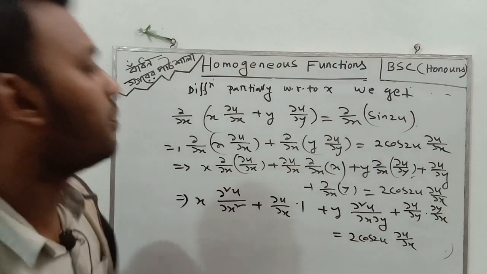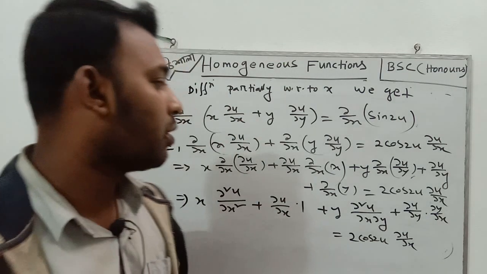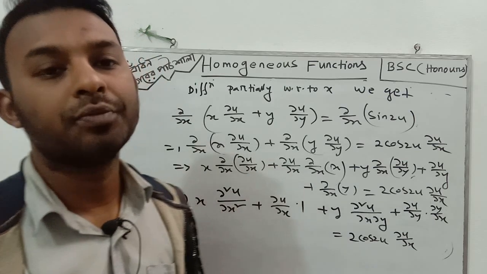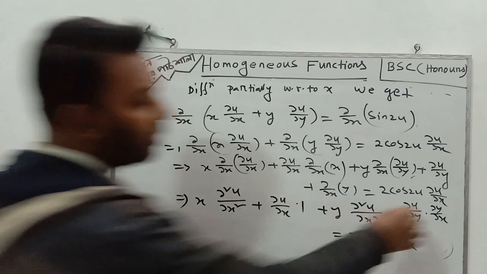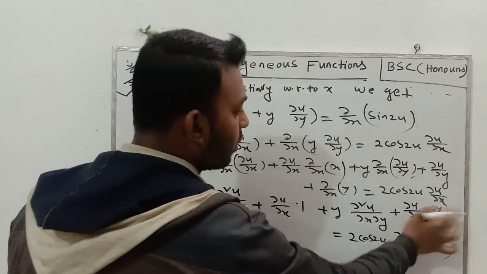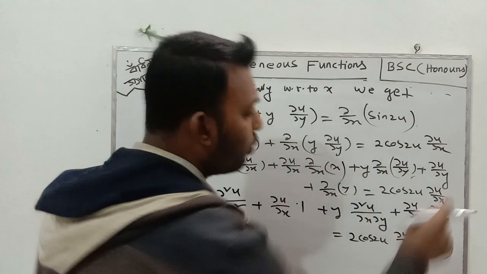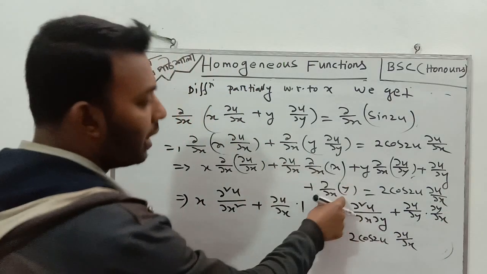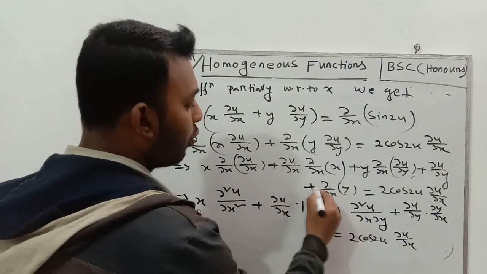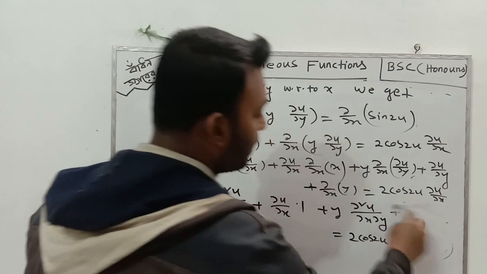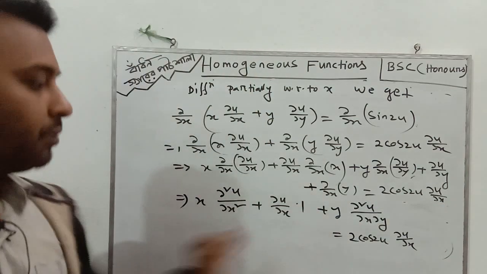Since we are partially differentiating with respect to x, y is equal to constant. So here ∂u/∂x is equal to 0, and ∂y/∂x is equal to 0. So this term will be 0, so neglecting this term we get